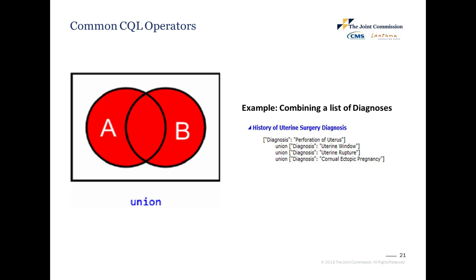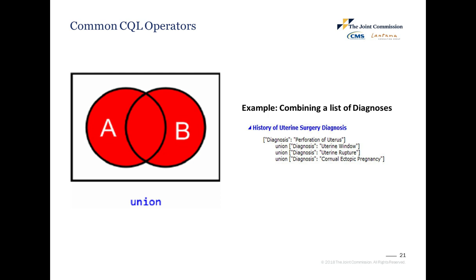One of the most common questions we get is, what does union mean? Union is a CQL operator that combines two or more lists together. So in the diagram, any element in list A or list B will satisfy the condition, so anything in the red. From this, you can understand why we've related union to the meaning or, because anything from A or B